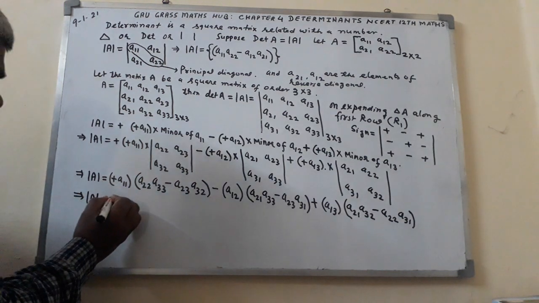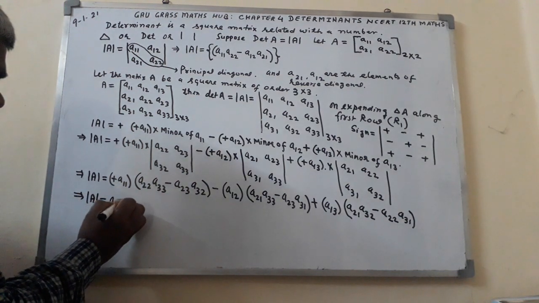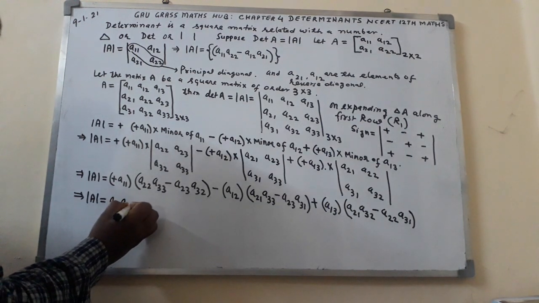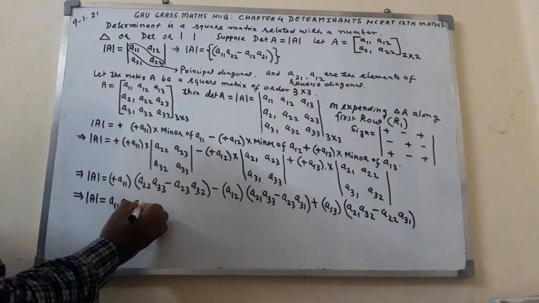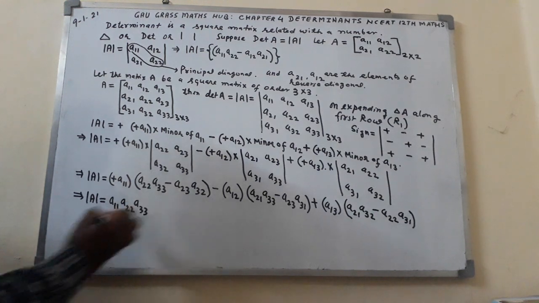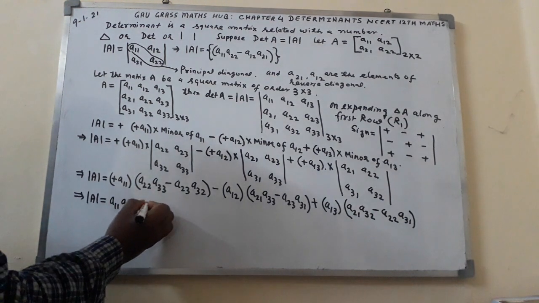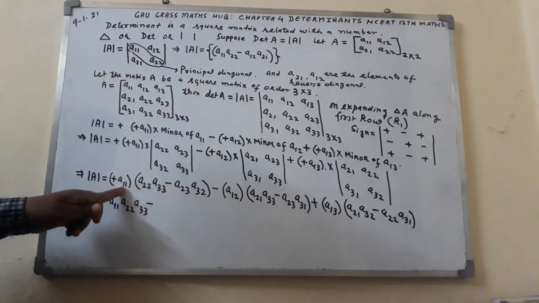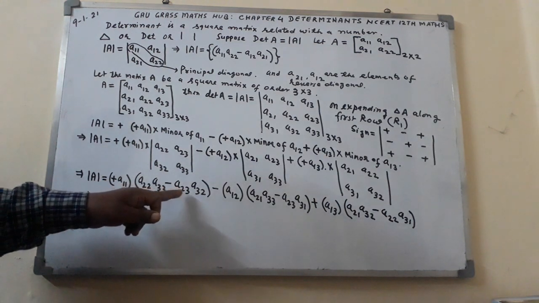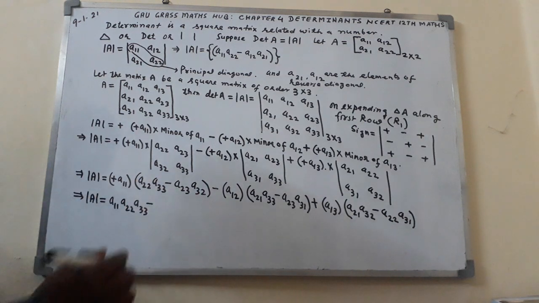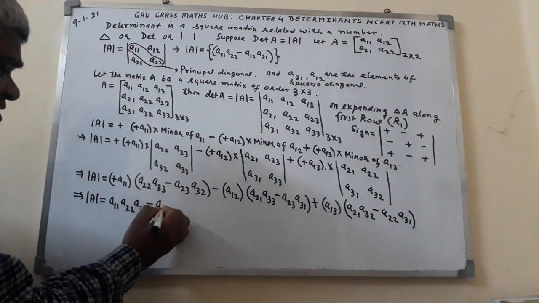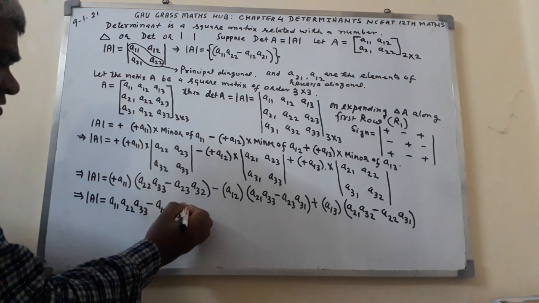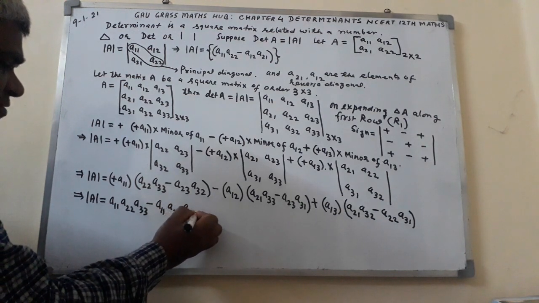You will get here A11, A22, A33 minus A11 will get multiplied to A23 and A32. You will get here A11, A23, A32